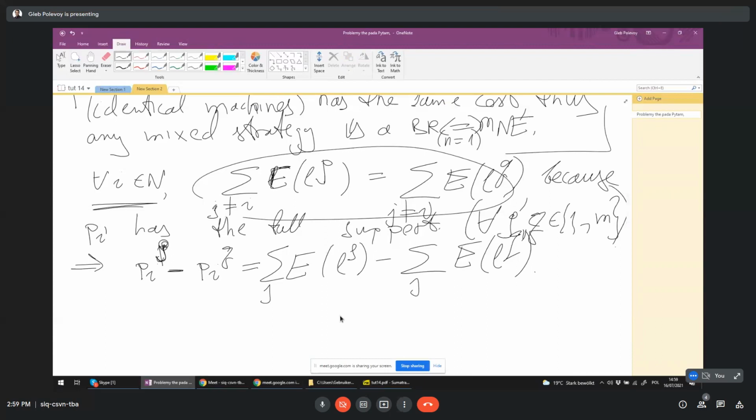Now what we say is that the other players, in total, don't have any difference. That player may have some difference. Now that has therefore to be exactly the same difference as the difference of all the machines, because the others don't have anything. So the difference between what player I gives to machine Q and what player I gives to machine rho is exactly the same as the difference in what everyone together gives to machine Q and machine rho.